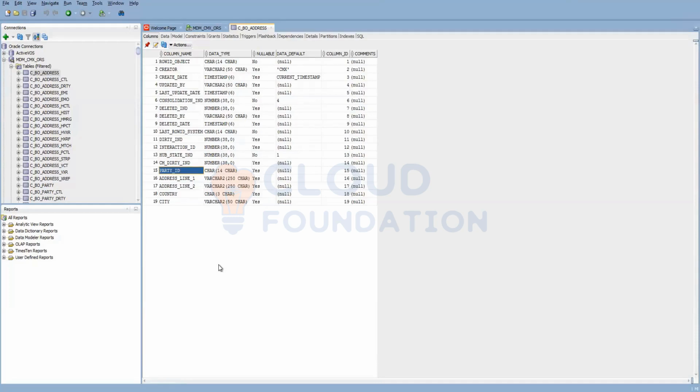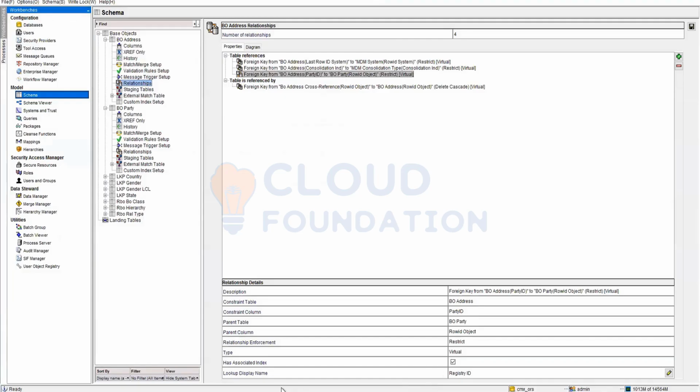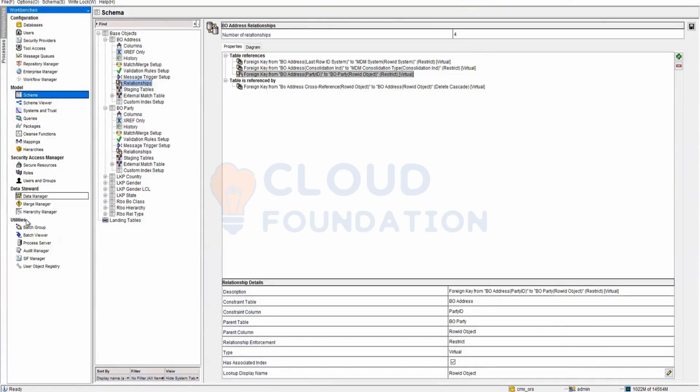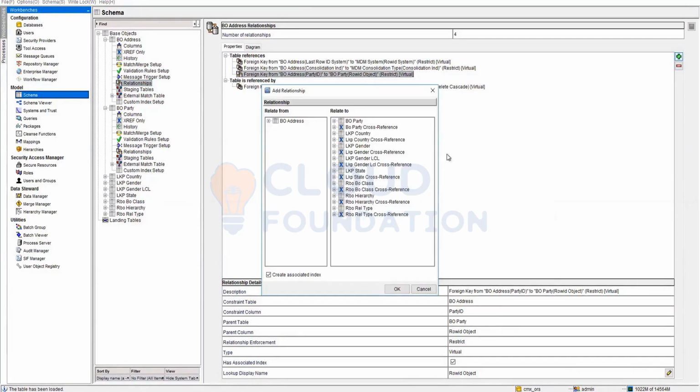For that particular purpose, our lookup display name is utilized. But normally over here, we don't utilize it anymore because nobody is utilizing the data manager. It's very rarely utilized. These things we go ahead and configure in the provisioning tool, that what data we want to see. The other relationships we go ahead and create. For country,